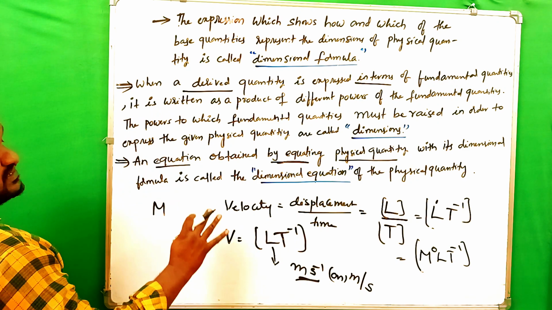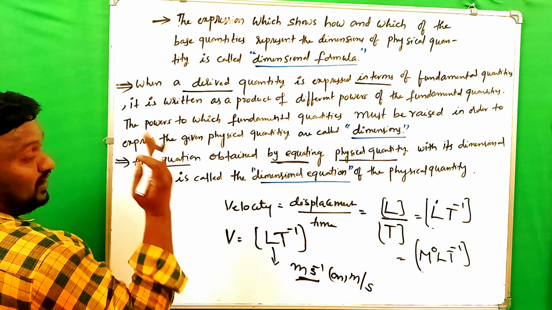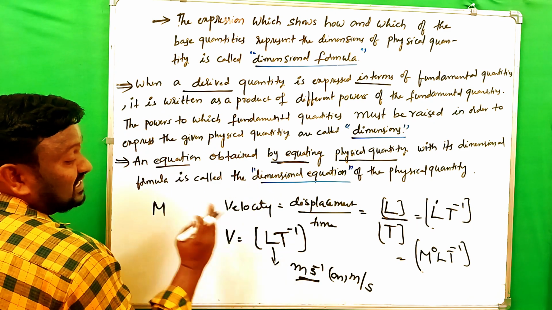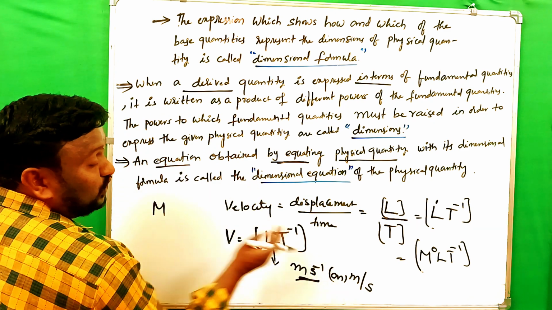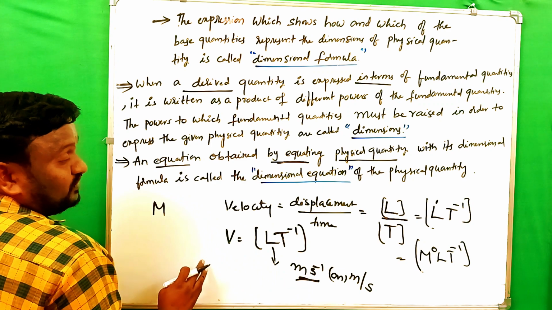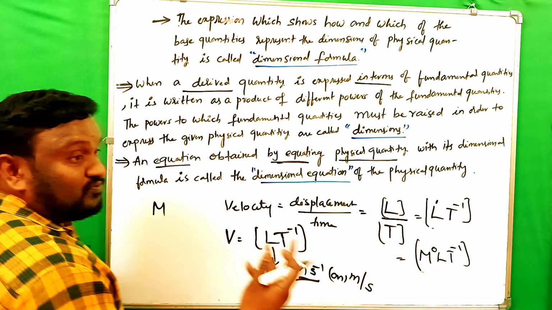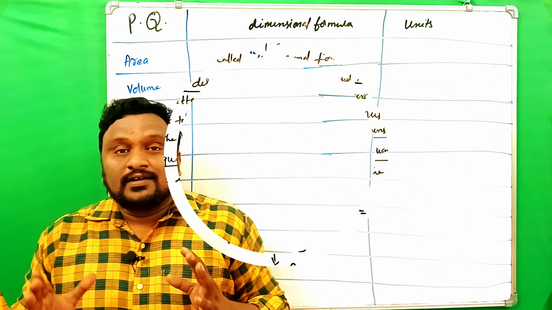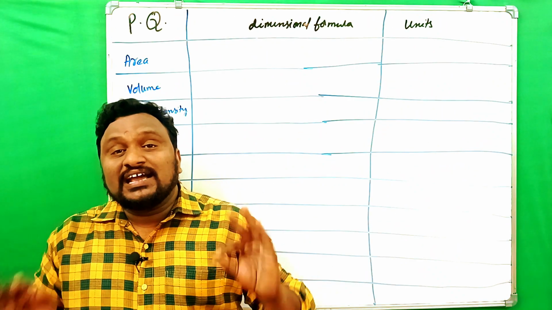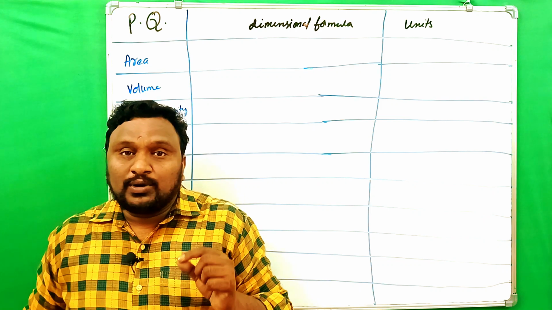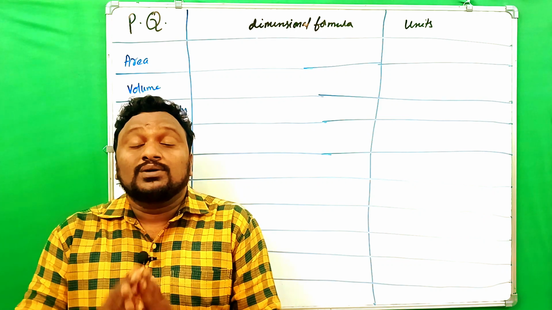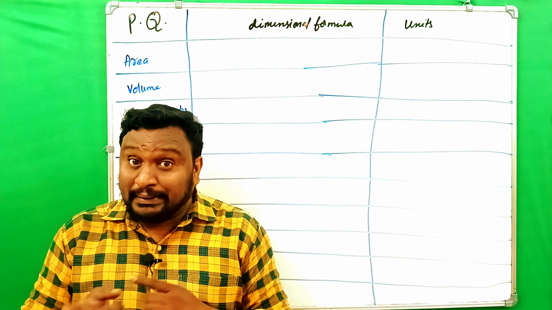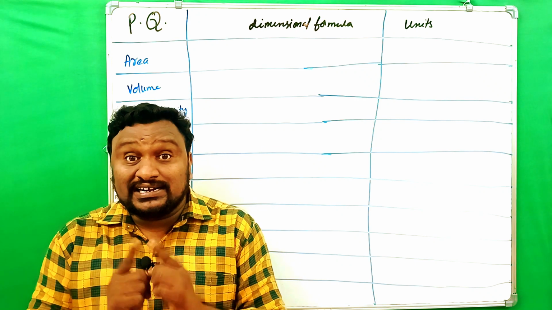So this is simply about what is dimension formula, what is dimension, what is dimensional equation, and how we can write the units. Okay, now we can go for different dimensional formulas for different physical quantities. How we can write? Let's see. To write any dimension formula you have to remember how the fundamental quantities or base quantities can be represented as